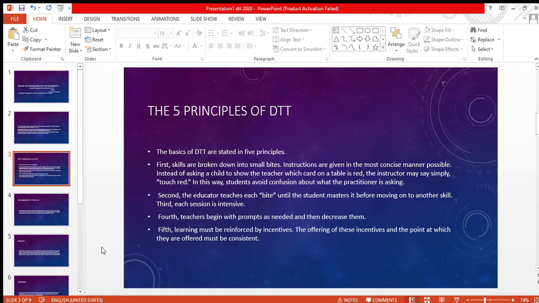For that, we will see generalization and mastery of that skill. Third, each session is intensive. That means whatever we are teaching, it should be intensive. It should be in a way that at any moment, even if we ask, the child should respond. He may be able to do it in front of me, in front of you, or in front of anyone, in any place, or everywhere. So that's intensive, and we see that he masters that skill. And no matter what it is, it should be